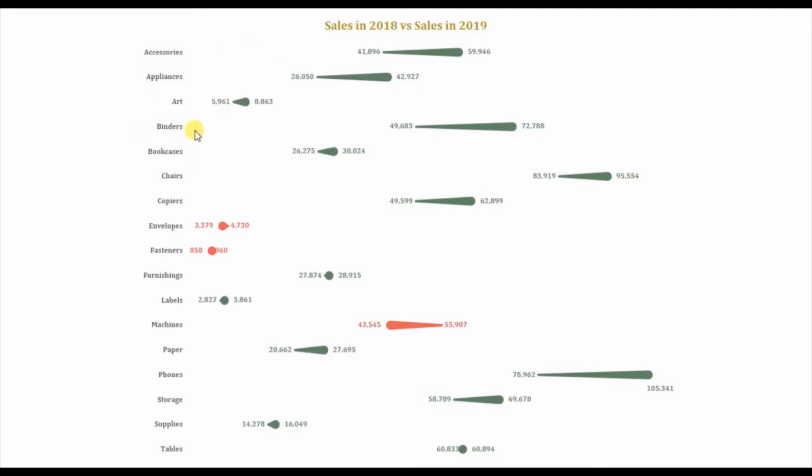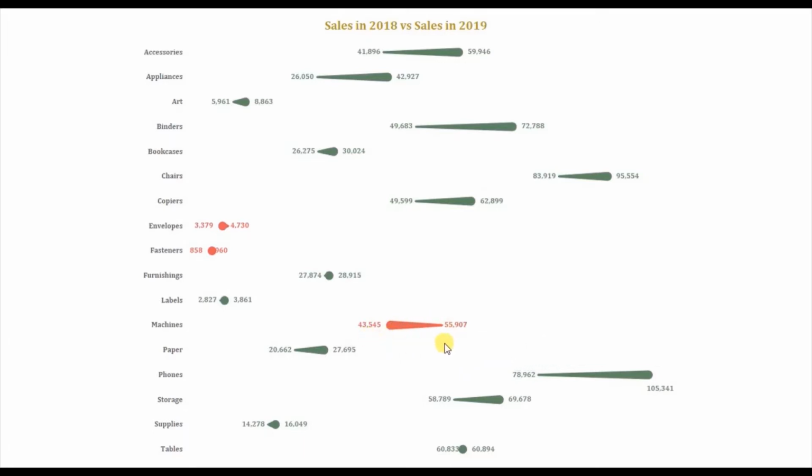Here you can see that for subcategory binders, the sales in 2019 were 72,000 and sales in 2018 were 49,000, which is less than the sales in 2019. And for subcategory machines, sales in 2019 were 43,000, whereas sales in 2018 were 55,000, which were greater as compared to 2019.